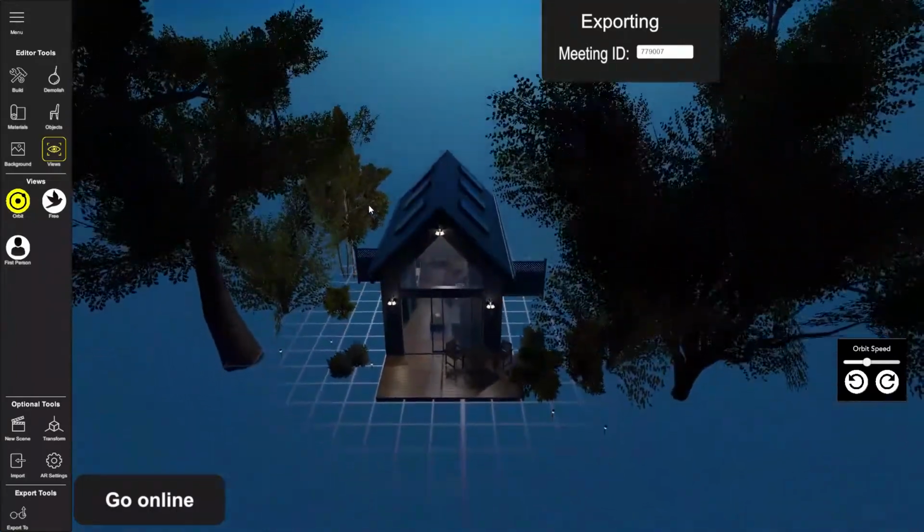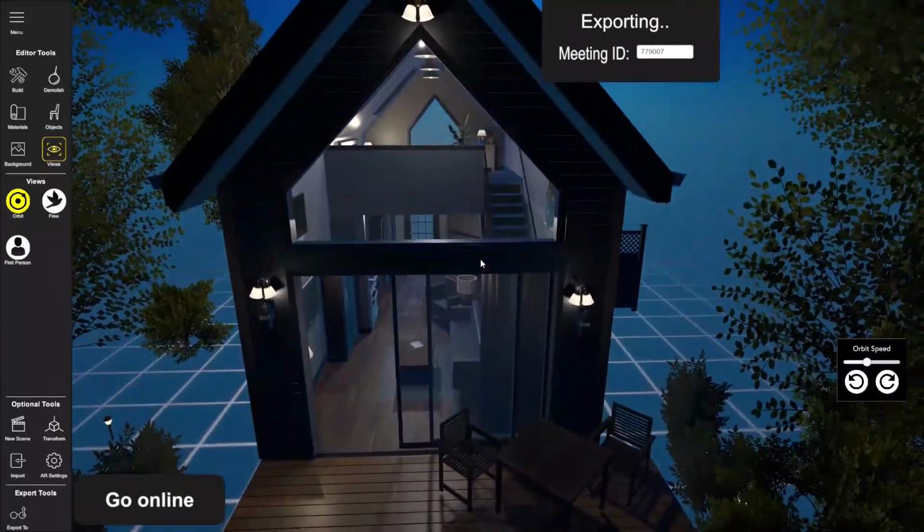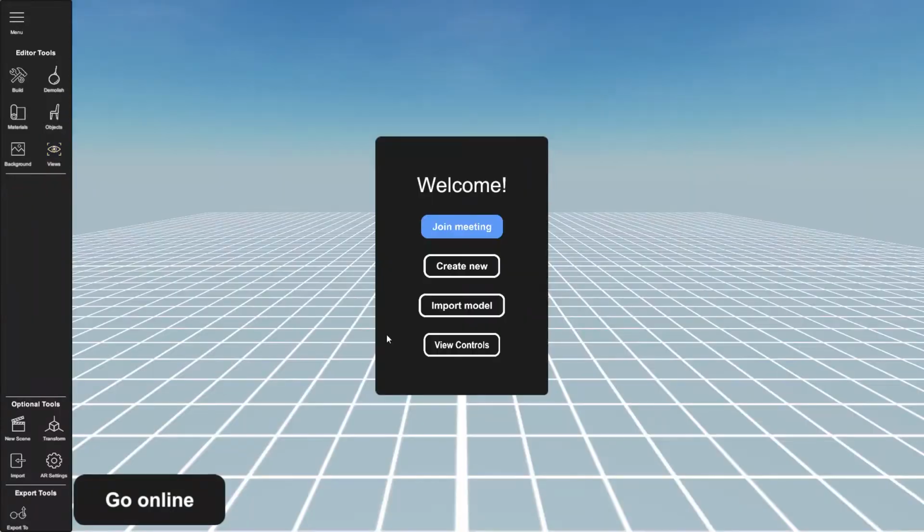In this video, I'm going to show you how to use Geopogo to customize your own Petite home. Let's get started. When you open Geopogo for the first time, you're given this welcome menu that gives you multiple